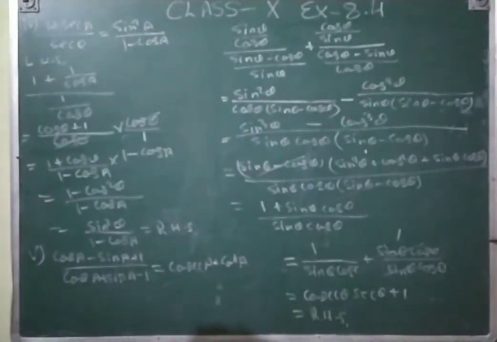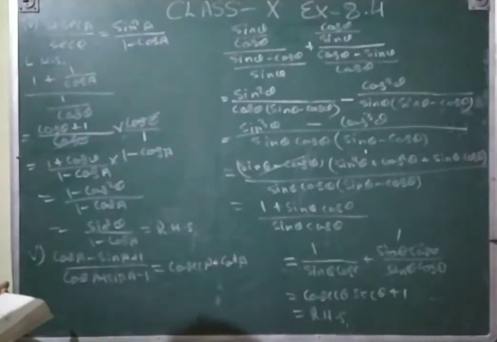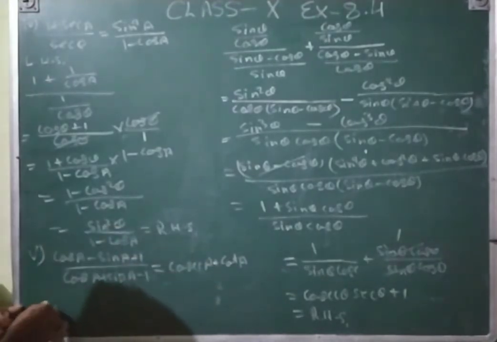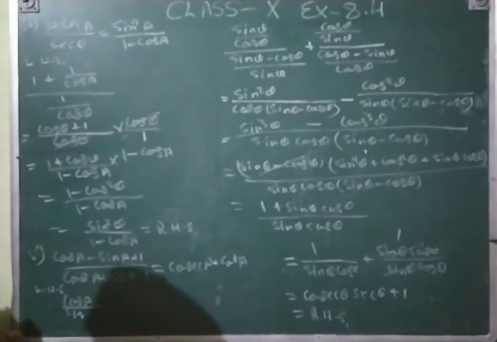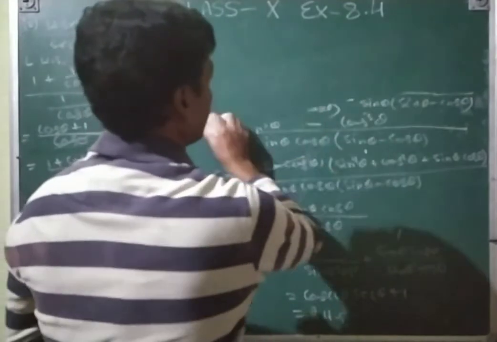So first of all we will convert this thing in cosec and cot, because it is given there, using the identity cosec square A is equal to 1 plus cot square A. So first of all we will convert this one. By left hand side, that will be cos upon sin. It means both sides we will divide by sin. See on the next page, because here is just less space.